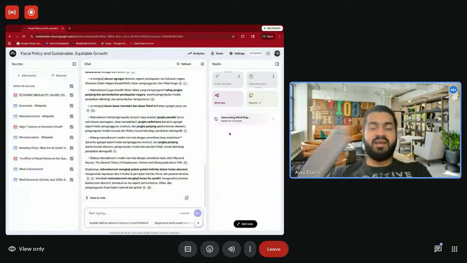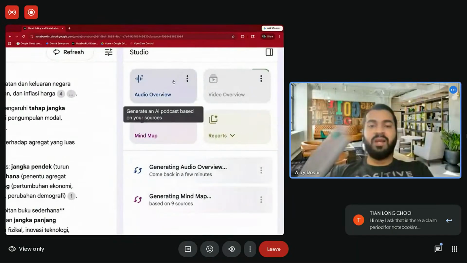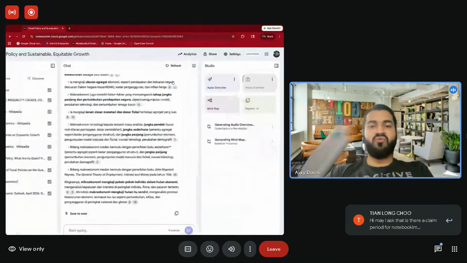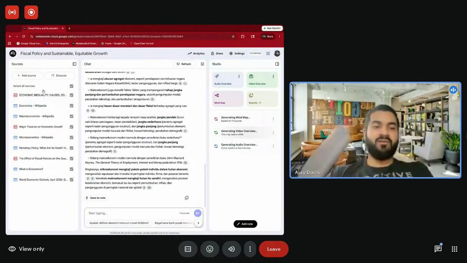So all of these, you can go ahead and click them and they will give you, for example, a mind map, which gives you a graphic representation of all your sources and how they are connected to each other. Audio overview will basically create a podcast for you, right? This podcast will be two AI hosts speaking to each other about the topics of all the sources